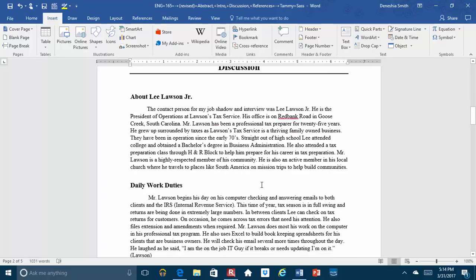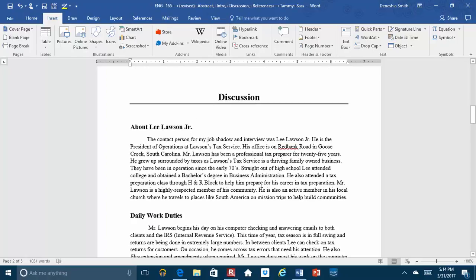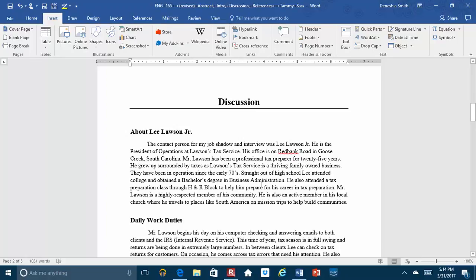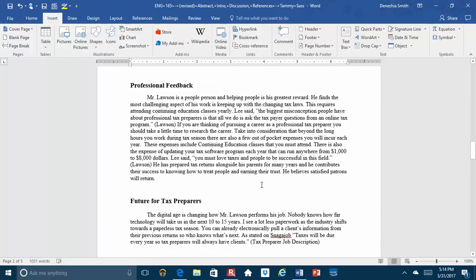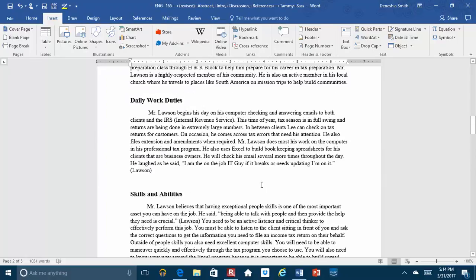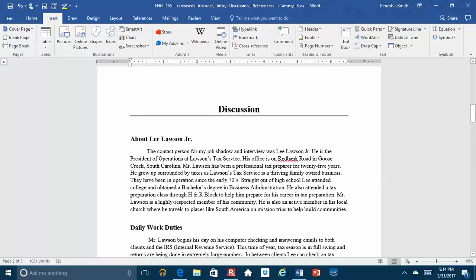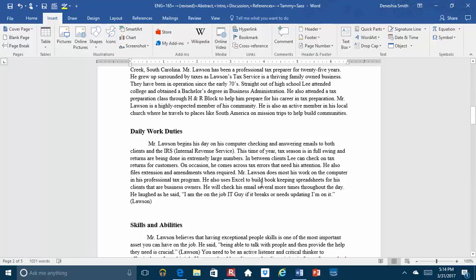Just think through what you saw, what you experienced while you were there, and incorporate that into your report. You can add another section if you want, that says like observations or during the job shadow, something like that, and incorporate some of the things that you saw and experienced. And also make sure that you are adding in information about his particular company.